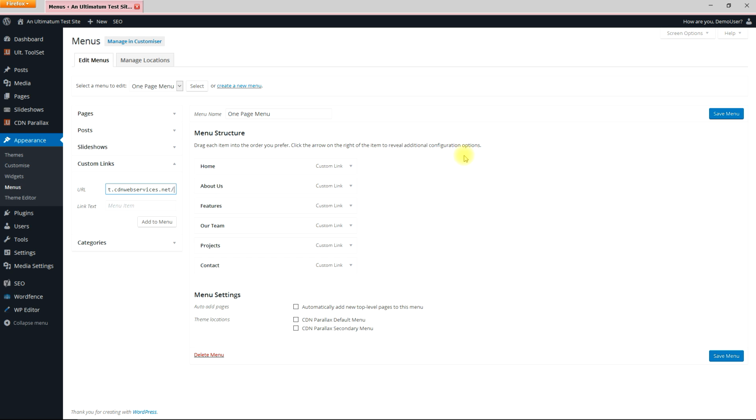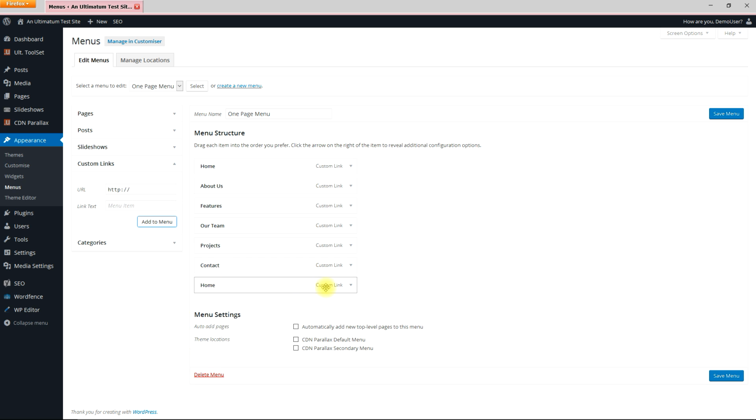That's cdnwebservices.net. And then it would go one page menu, and then my first option, so I'm putting in my home one here, so I'm showing you how to do this home one, would have #top, because that's at the top of the page, and my link menu text would say home,